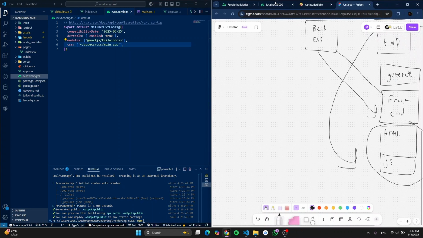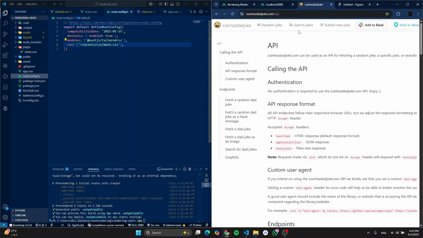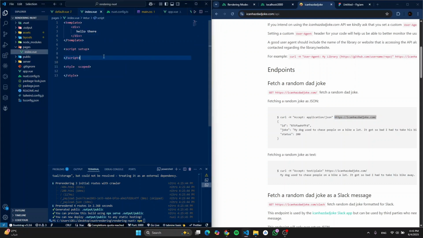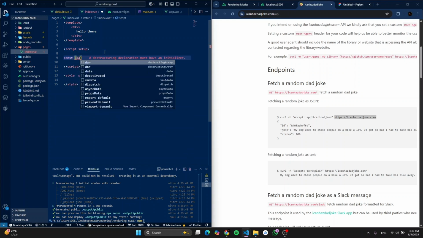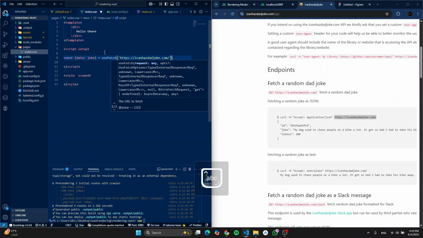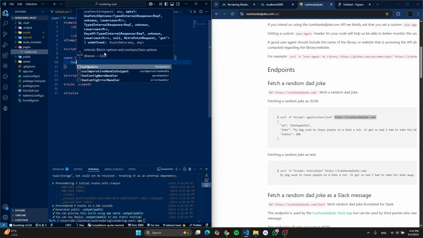Let's go to this icanhazdadjoke API, which I always use, and this API will give us some random jokes. So let's go to the index page and use the useFetch composable to take this data back. So data, and I will call it joke, equals useFetch with this, and I will add headers